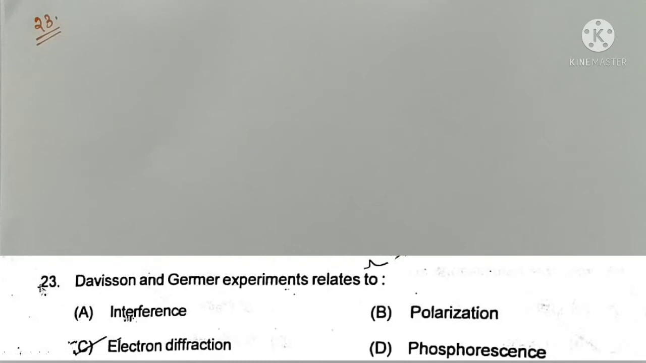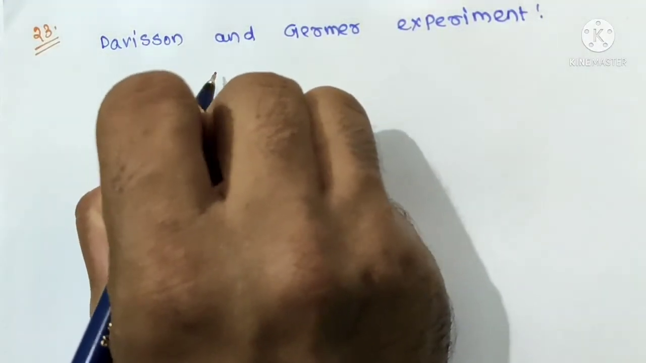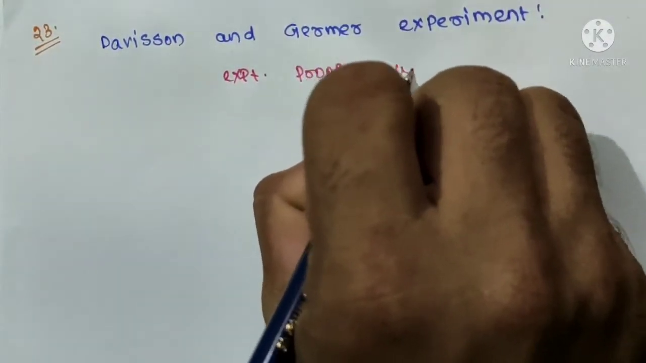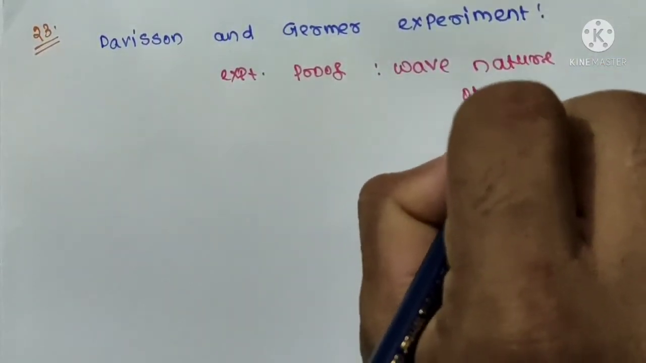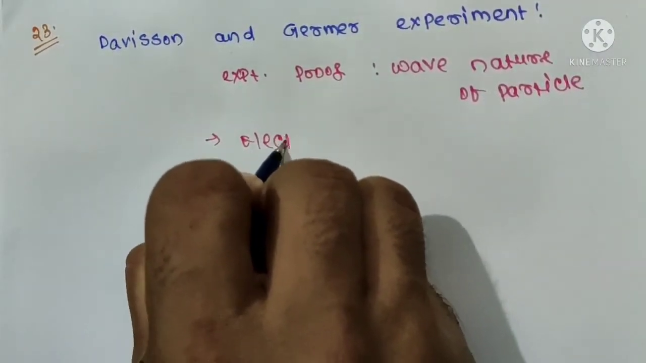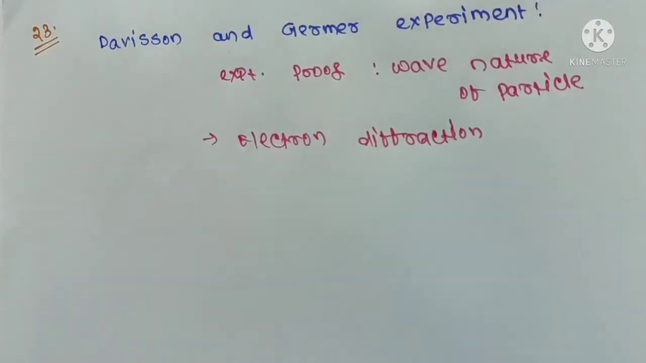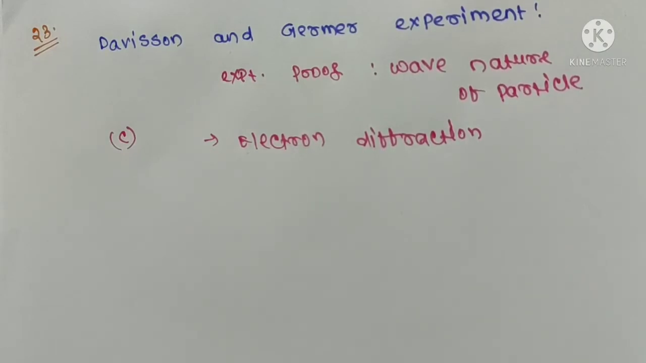Question number 23. Davisson-Germer experiment relates to? We know Davisson and Germer experiment is an experimental proof for the wave nature of moving particles. And here it relates to electron diffraction. So your correct option is option C. In this experiment, electrons are scattered from the nickel crystal, and the scattered